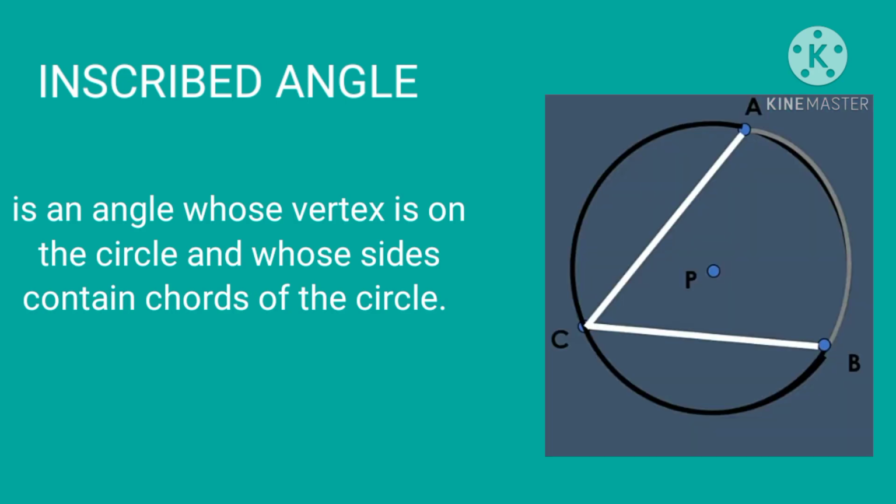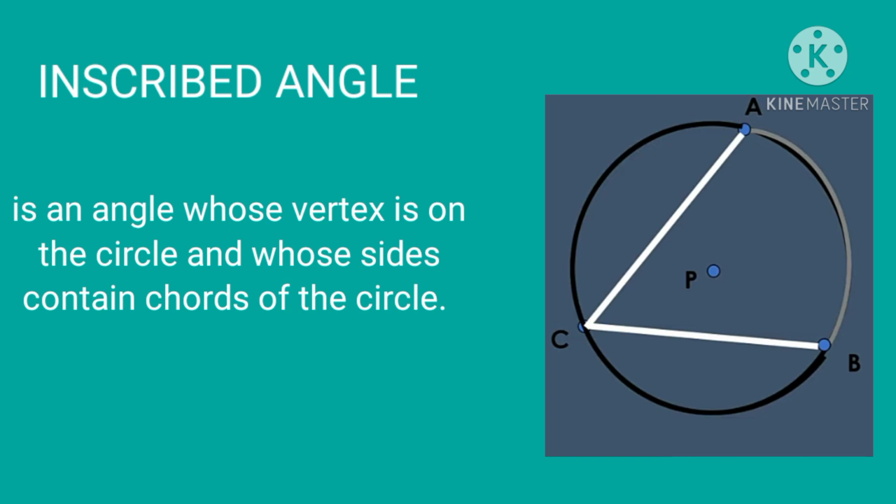And the last part of the circle is the inscribed angle. It is an angle whose vertex is on the circle and whose sides contain chords of the circle. Let's take a look at the given example at the right. Segment CA or AC is a chord, as well as segment CB or segment BC is also a chord. And the vertex of the angle is on the circle, so by definition, angle ACB or angle BCA is